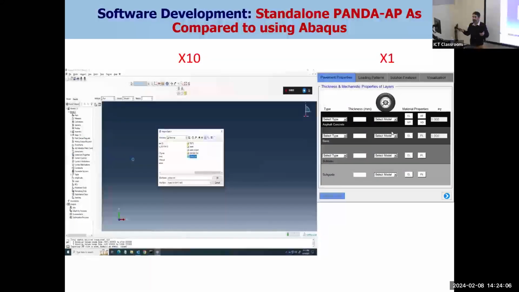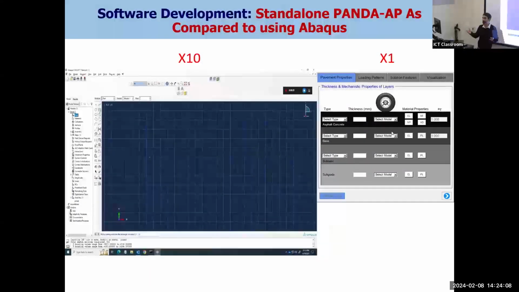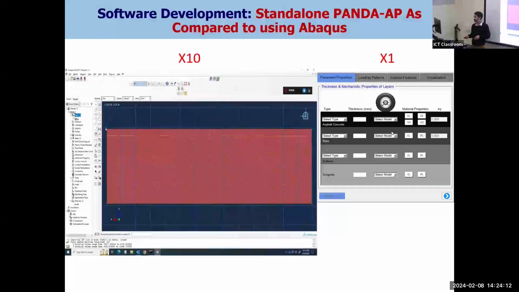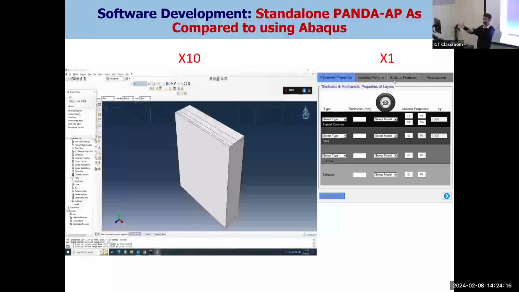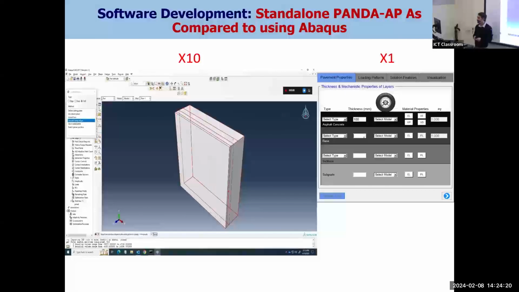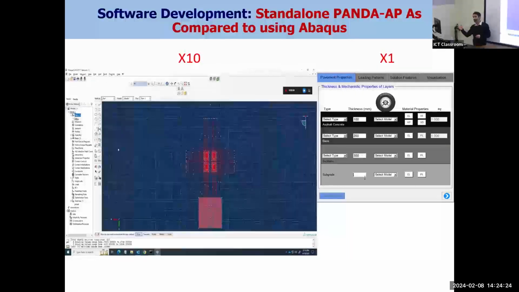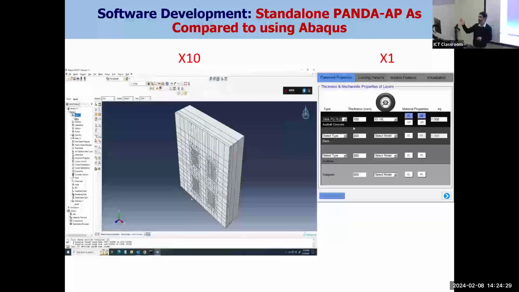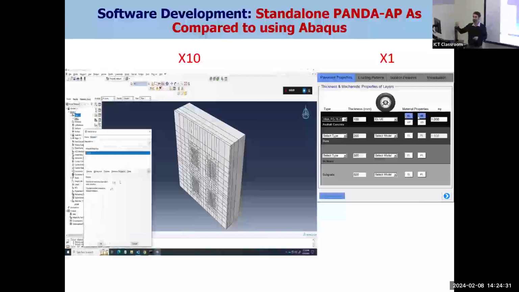So I did a challenge, and one of my students is really good with creating finite elements. I'm sure that you are all good at making very complicated models. So I said, well, you do the left one because you're the expert. I do the one on the right. Just enter. So basically what is happening, and the left one is 10 times faster. It is 10x, the other one is 1x.